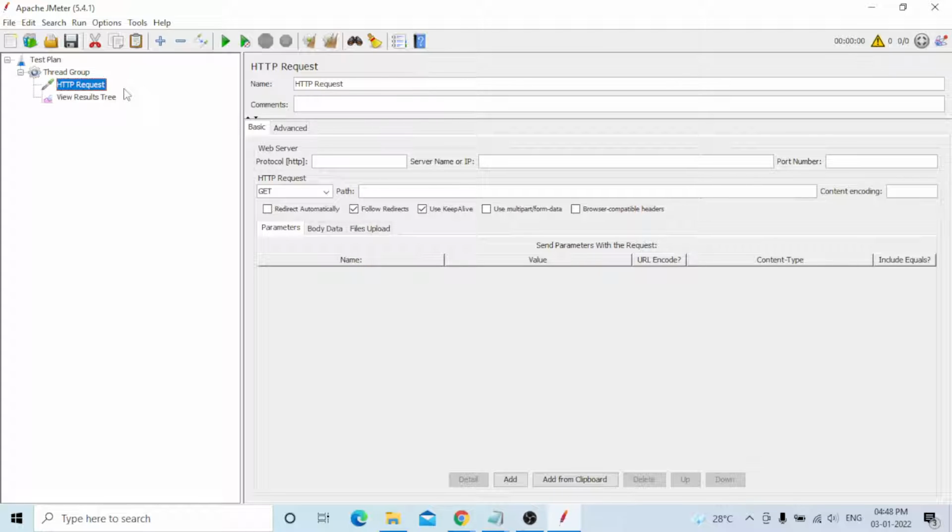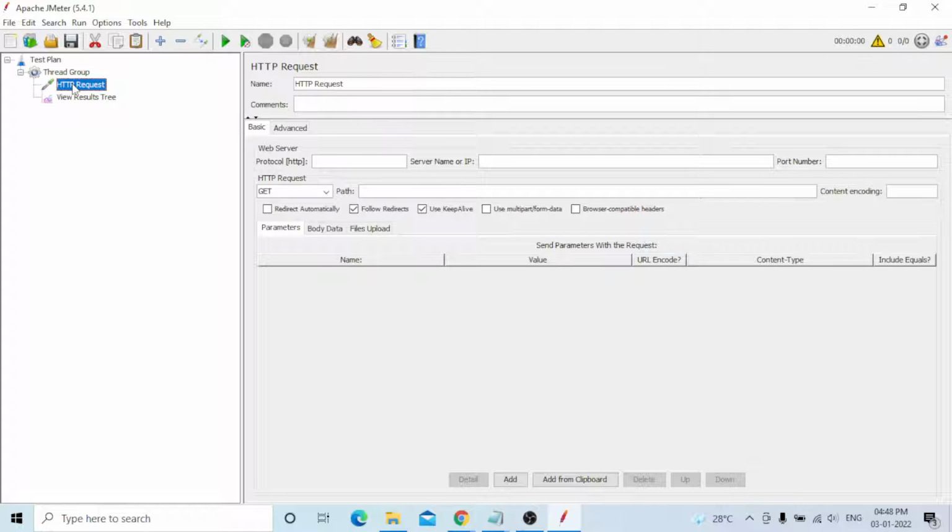But that one is deprecated and is available only in the 3.0 version. Now we are at 5.4, so it is not available, and I need to test directly through the HTTP request only.